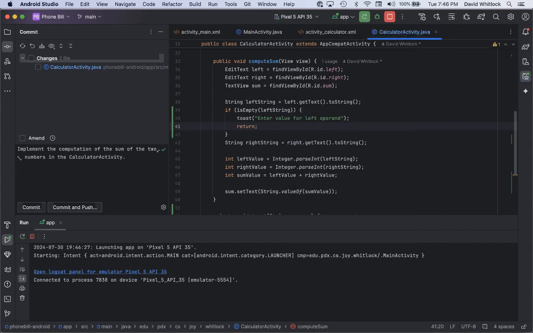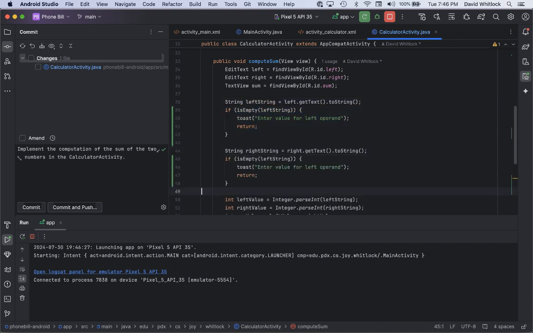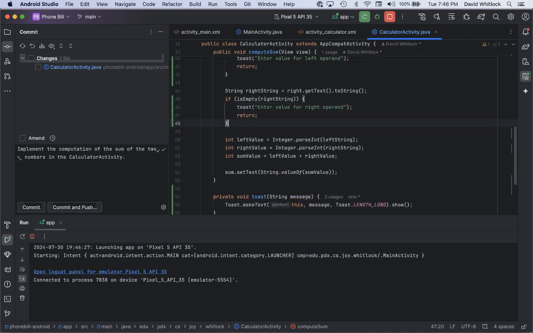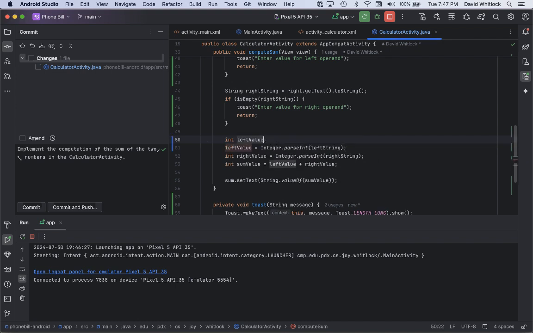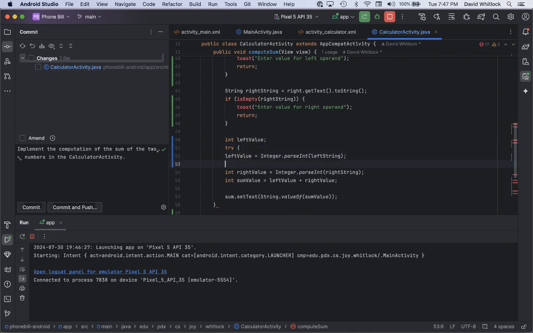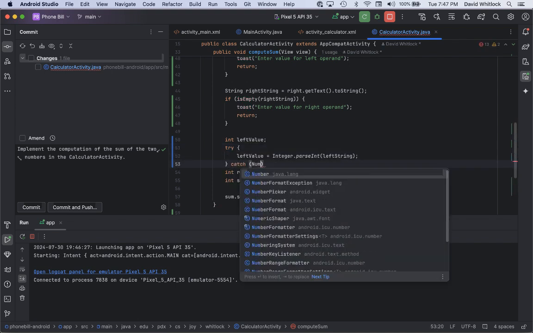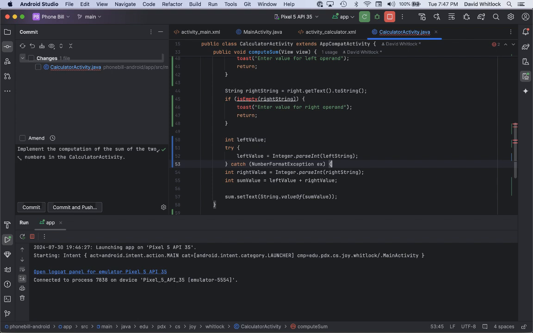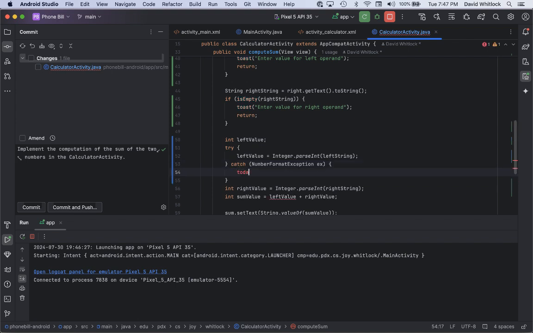Nice. And so you can imagine how we do this, right? We'll do the same thing for the right. If the right string is empty, then toast for the right operand. And similarly for these, well, let's see here. I want to catch, so I want to split that into declaration and assignment, wrap this in a catch of a number format exception. Because right, the reason it was failing before, format exception, and then toast